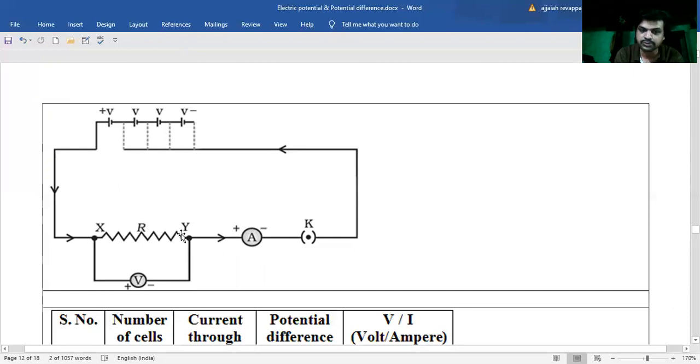We are going to study 4 different trials. In 4 different trials, finally we conclude something. So ammeter is connected in series, plug key is connected in series. Fine. So don't get confused at this part of the circuit. There are dotted lines connecting the battery. I will explain why these dotted lines are given here.